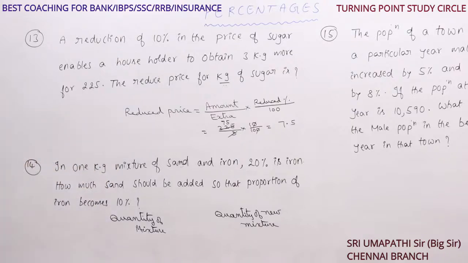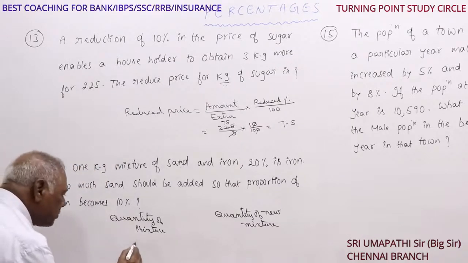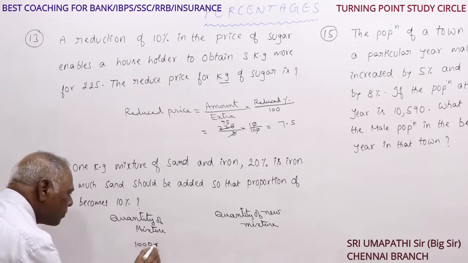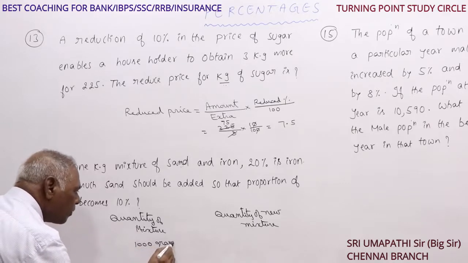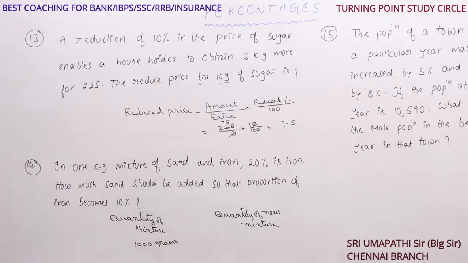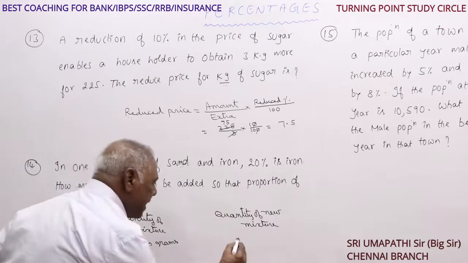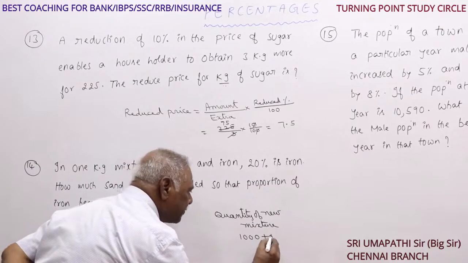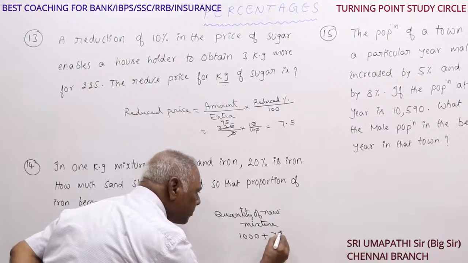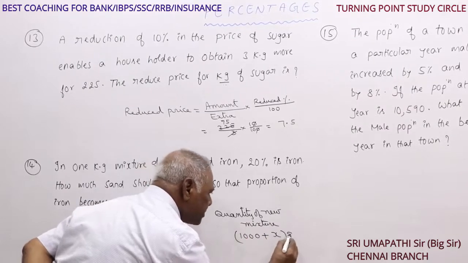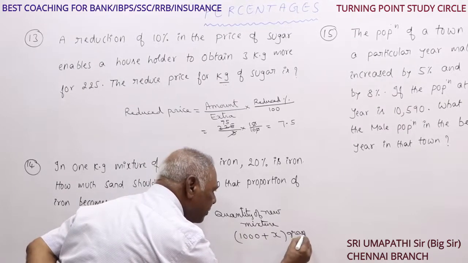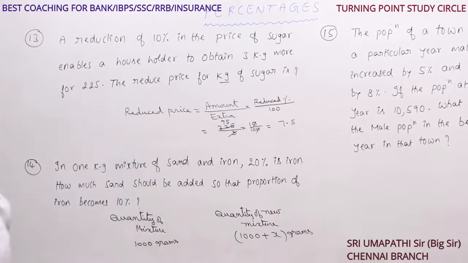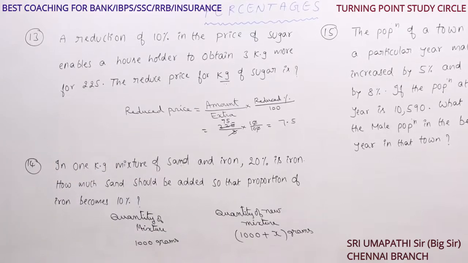So it is 1 kg of sand and iron. So 1 kg is 1000 grams. So in the new mixture, some sand is added. So its weight is 1000 plus x grams. Suppose x grams are added, 1000 plus x grams. Here, please observe,